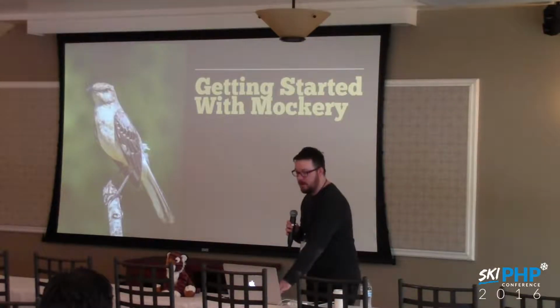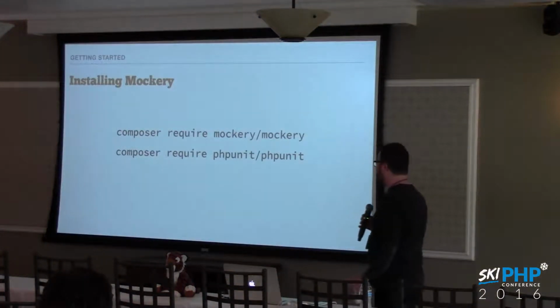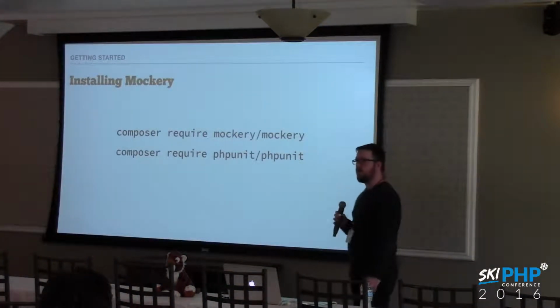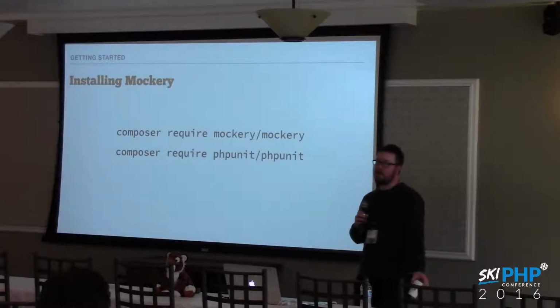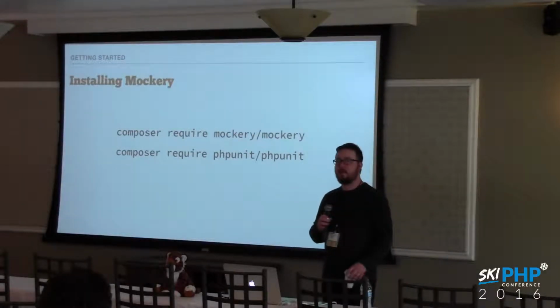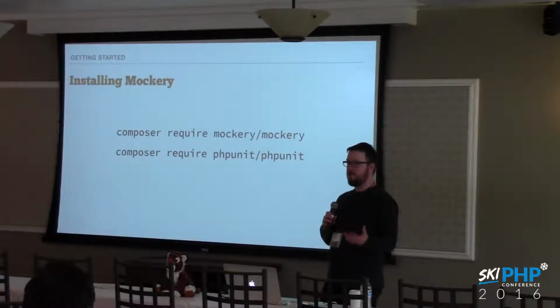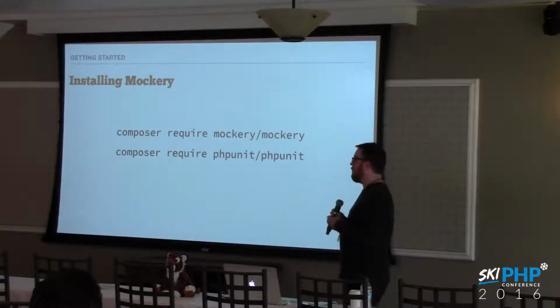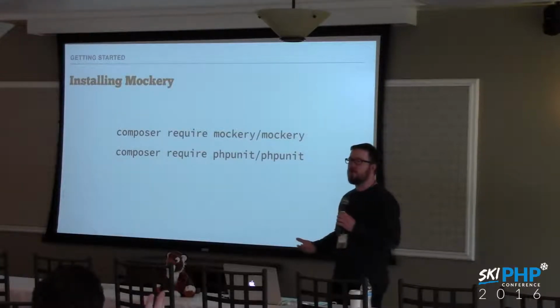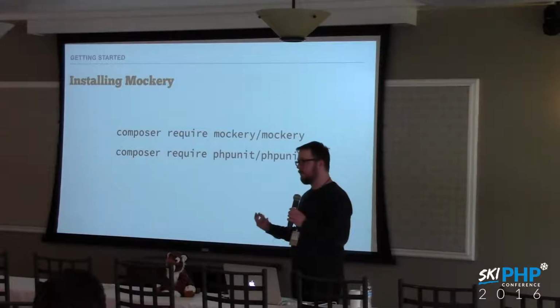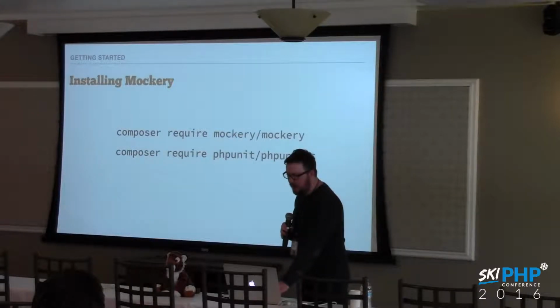All right, so let's get started with Mockery. The first thing, obviously, is let's just use Composer to include it. If you're not using Composer, I would encourage you to check that out and try to see how you can fit it into your project. There are a lot of ways you can use it, maybe with a legacy project. We use it with a legacy project. It's fairly simple to do, but I'm showing you the command to install Mockery plus PHPUnit because I'm kind of assuming the use of PHPUnit in all of my examples, even though you don't have to use PHPUnit.